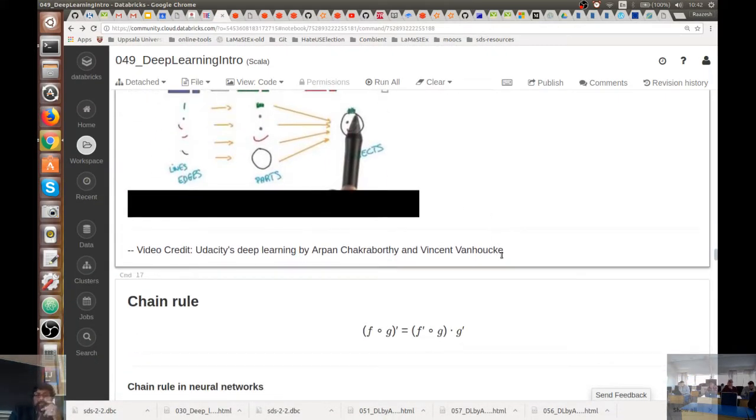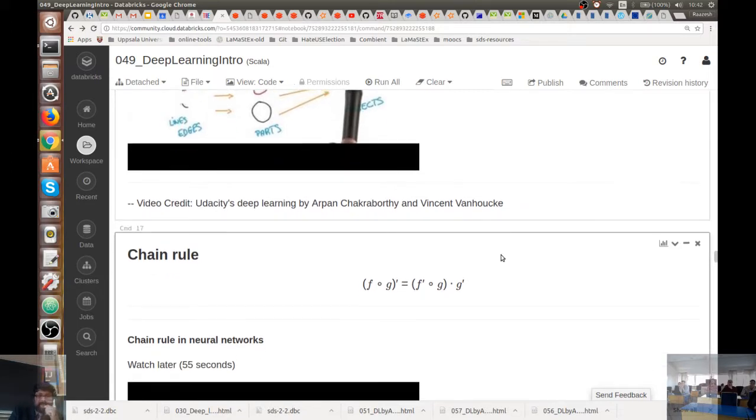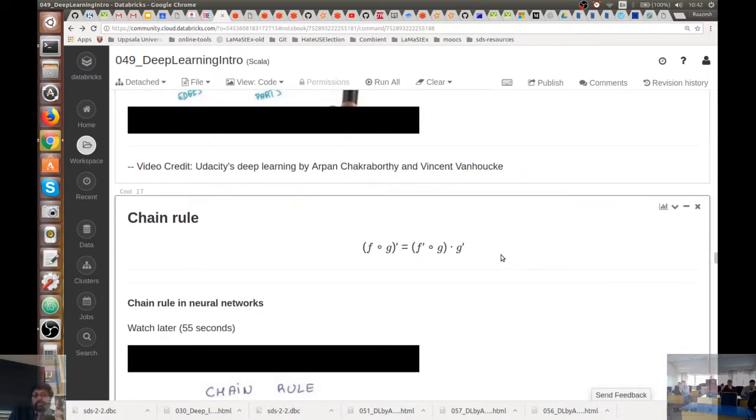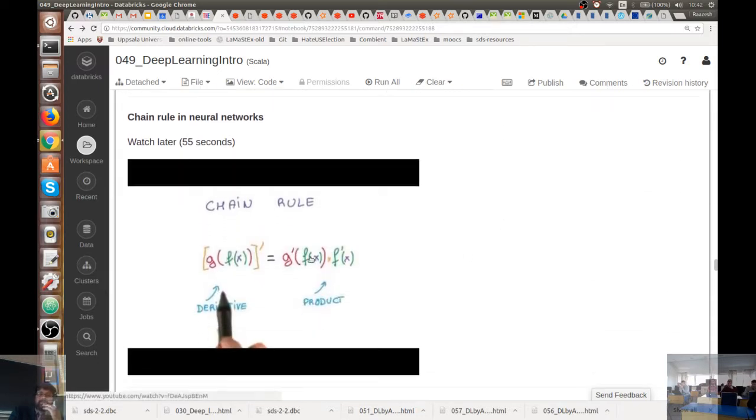And yeah, we will see this in our first convolutional neural net. Okay, so of course, the derivative of f composed with g is f's derivative composed with g, multiplied by g's derivative, right? This is the chain rule. So let's